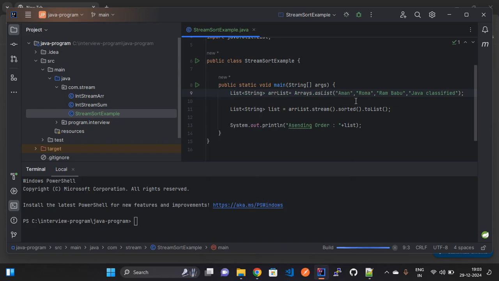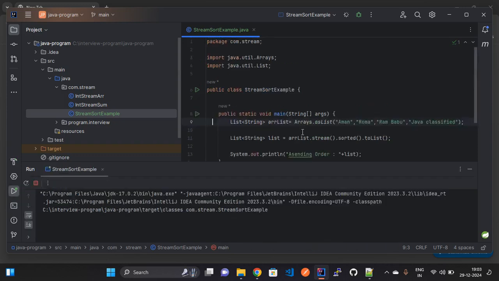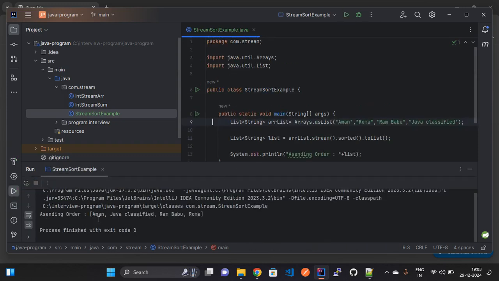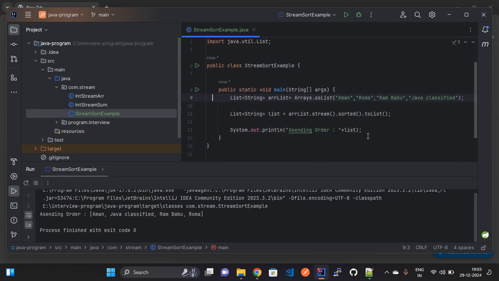It will give the output Aman, Java classified, Ram Babu and Roma. You can see here. Now I'm going to